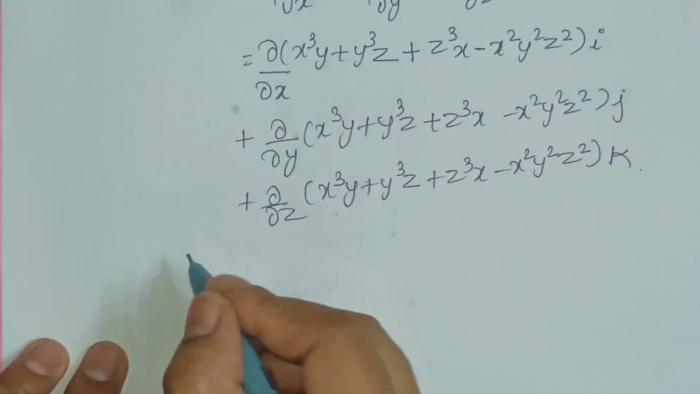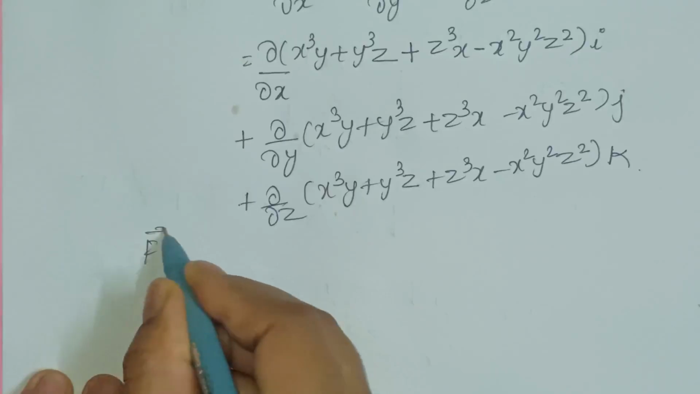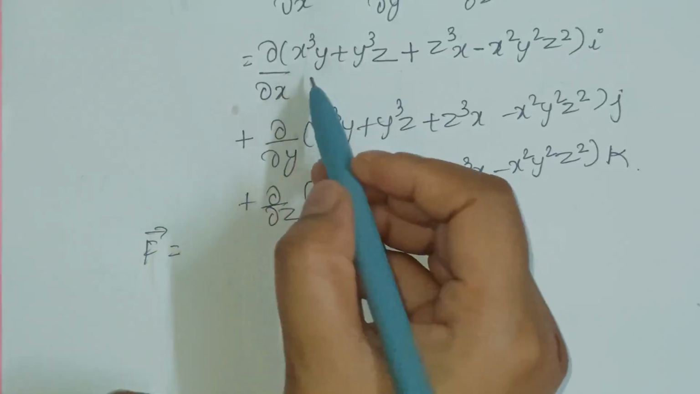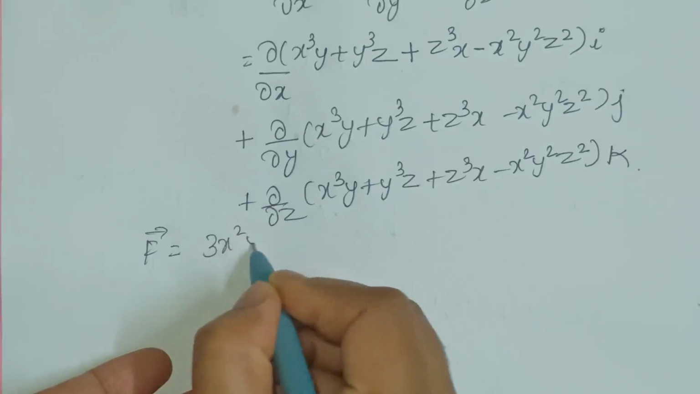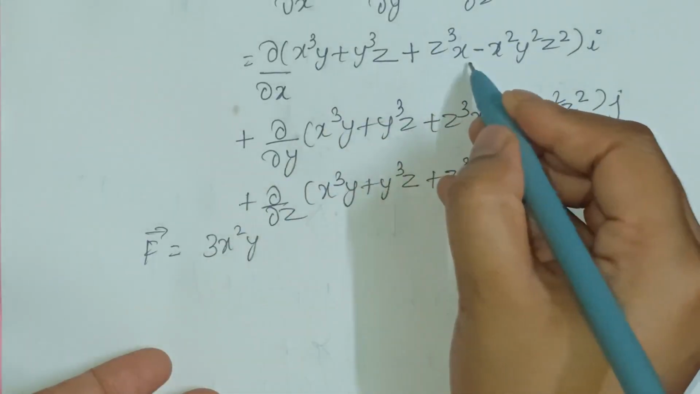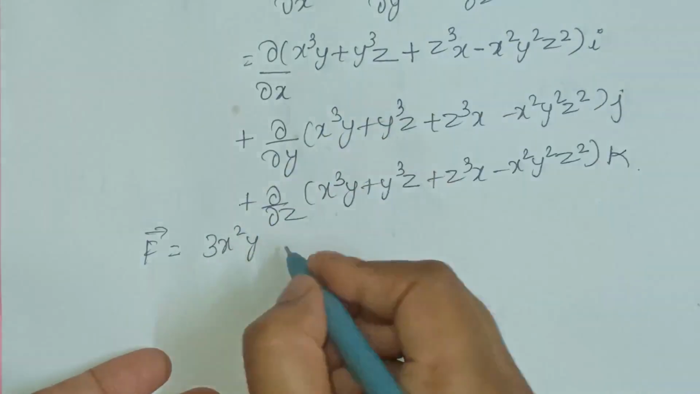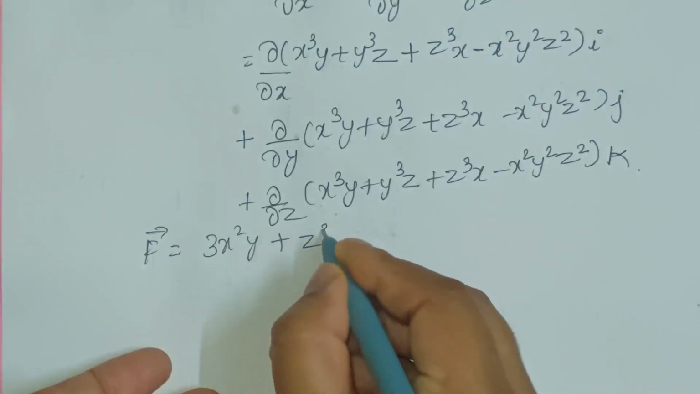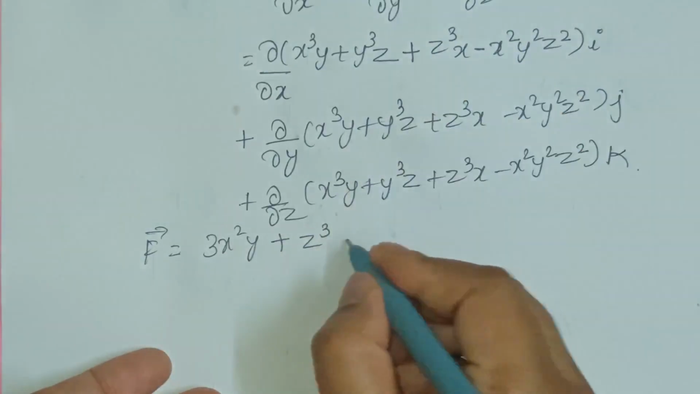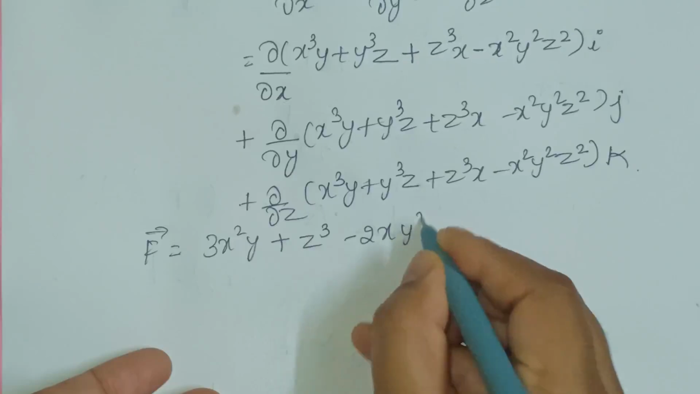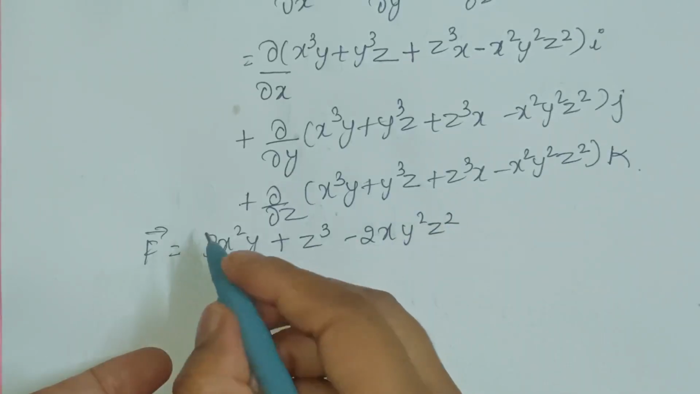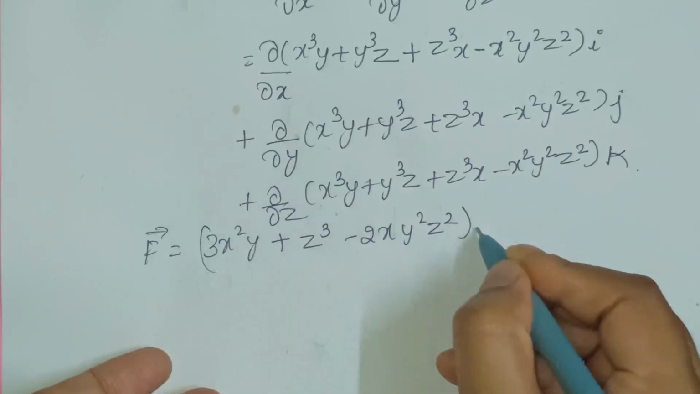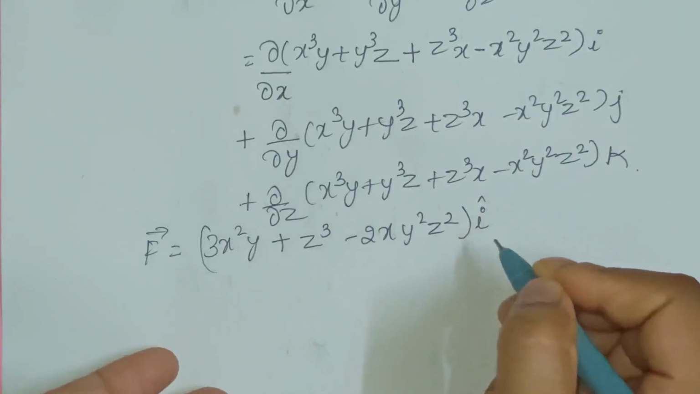So vector f is equal to partial differentiation with respect to x. So 3x square y, we don't have any x here. Here we have x, so we can write this as z cube, x is 1, minus 2xy square z square. This is multiplied with the unit vector i,